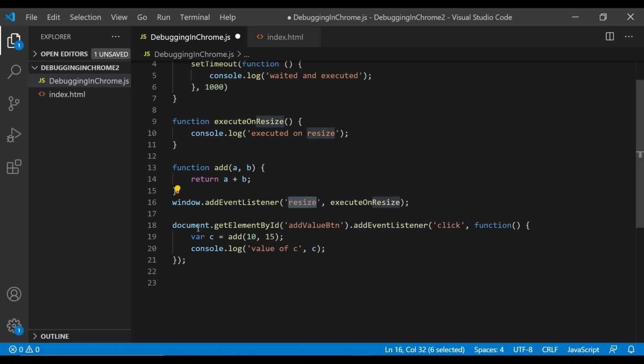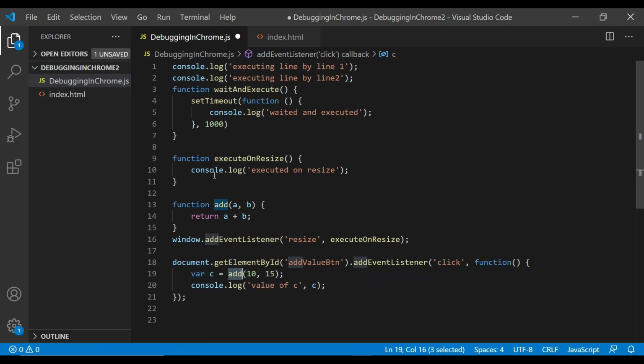Likewise, here I have added one event on one button. On click event I am adding two values, okay, and then I am printing those values in the console. And again here also, till the time we will not click this button, we will not see this function add executing.